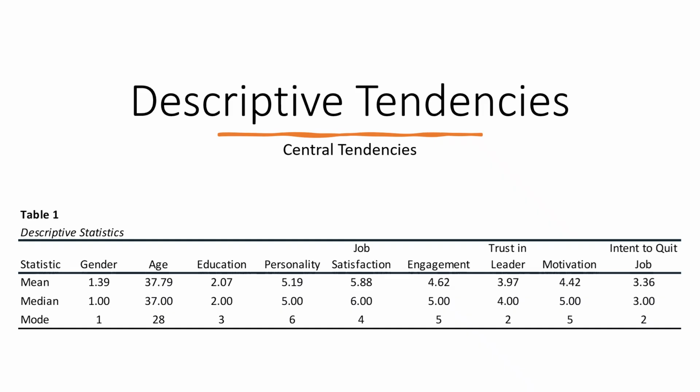The two components of shape and type of frequency distribution of data are normal distribution or other. Ordinal variables like personality, satisfaction, engagement, trust, motivation, and intent to quit, or rank variables, are not normally distributed due to outliers limiting detection. To determine if a data set is normally distributed, we employed SPSS to conduct tests of normality using the